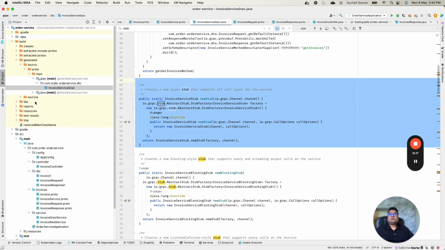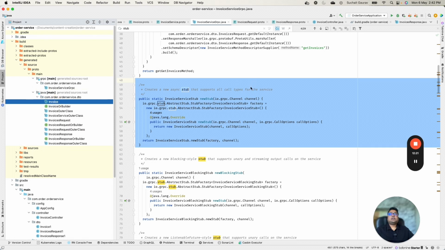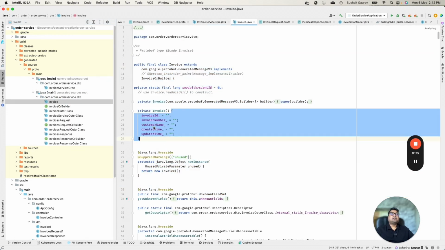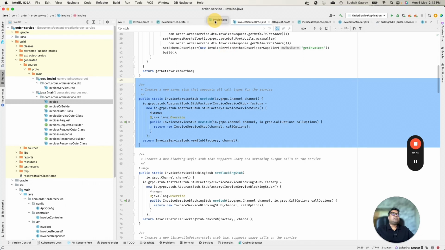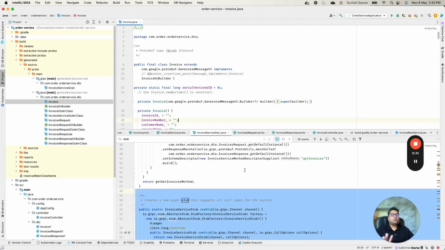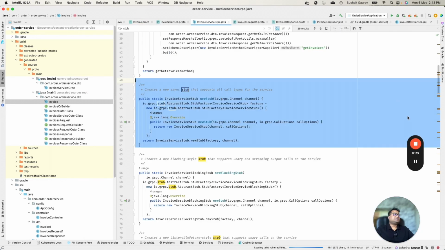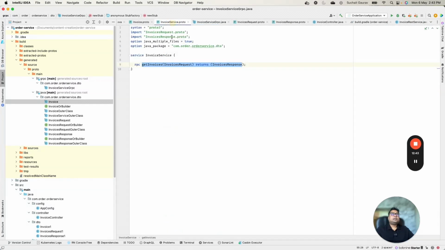and then here, if you go to Java, you will see what happened. You will see here that these are the implementations of all the protocol buffers I have defined. Right, customer name, created or updated, invoice ID, invoice number, etc. All those things have been automatically created by my plugin. I have not created anything. I have only defined the definition of protocol buffer. Okay, so I'll go back, and then